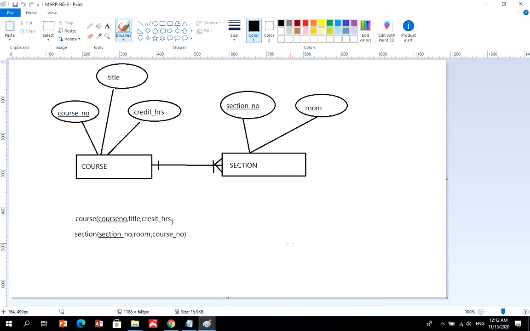For example, if you look at this entity relationship diagram, which represents course and section entities, such that course has course number as a primary key and has title and credit hours, and on the section we have section number as a primary key and room as another attribute. Each one has a primary key, as you see underlined. So the relationship here is considered one-to-many in this example, such that a course has